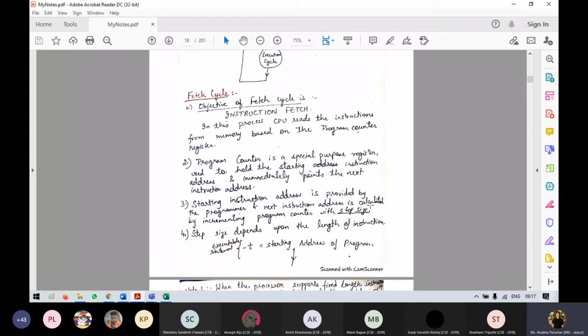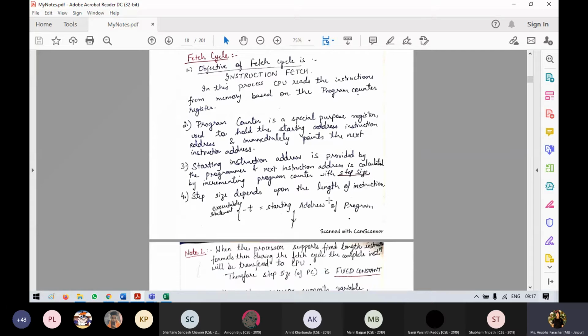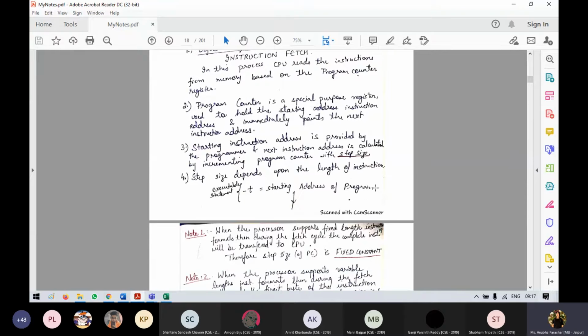This step size tells the program counter whether to increment in a fixed manner, let's say a step of 2 or a step of 4, or in some alternative manner if the next instruction is not found at a particular step length. So how is the step size determined? Step size depends upon the length of the instruction. If the instruction length is always a step of 2, 4 or 6, then you can always increment at a step of 2.